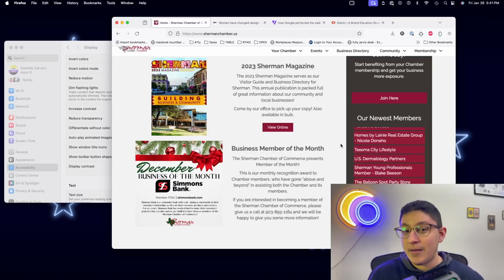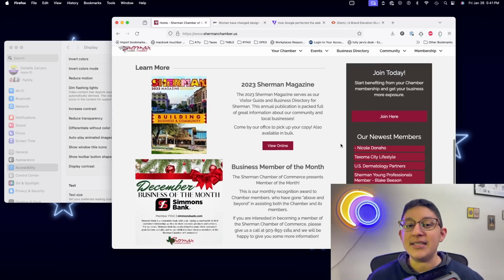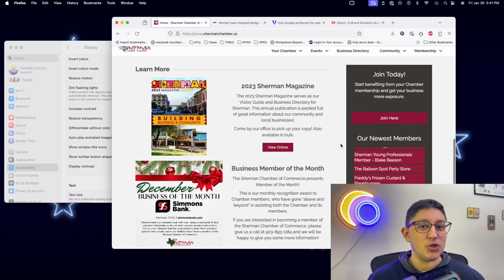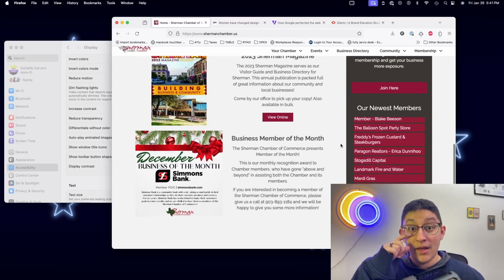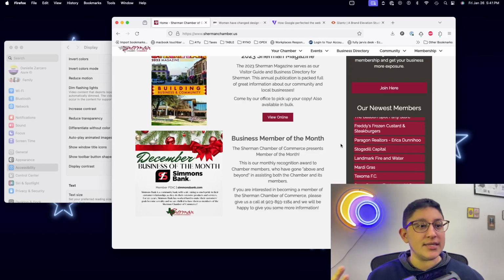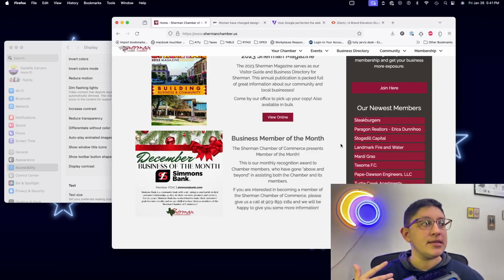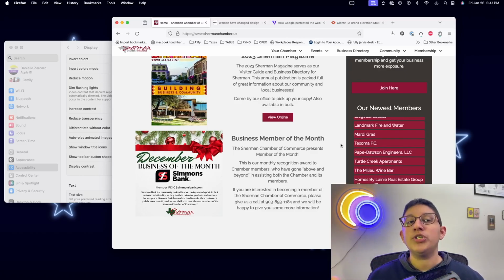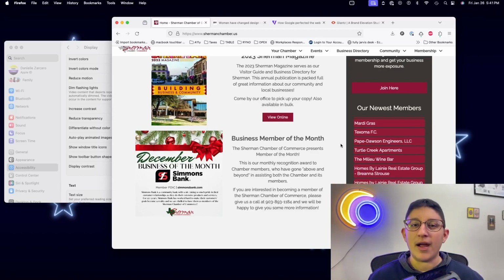Now, it's a very slow animation, so it really isn't, it looks like the slider must have just moved a slide that's shorter, so it moved the page up a little bit. But it's very slow. It's not jarring. It doesn't have any kind of flashing or motion issues that you would typically find in something like this.